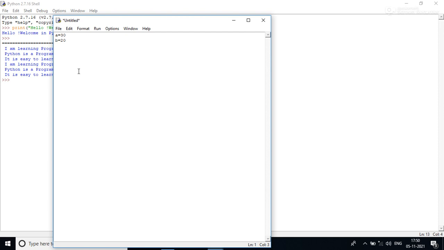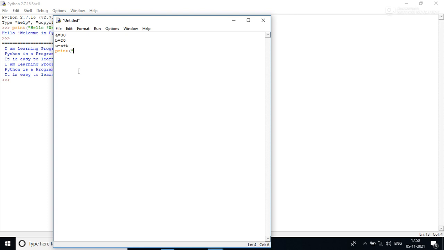Like here 30. And if you want to show the sum of these two numbers, take another variable like C and show the sum of these two numbers, A plus B. If you want to print the sum of these two numbers, write the print function.